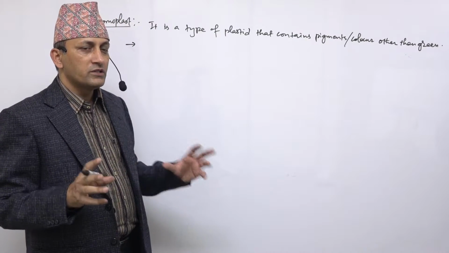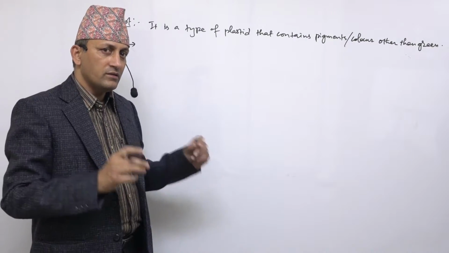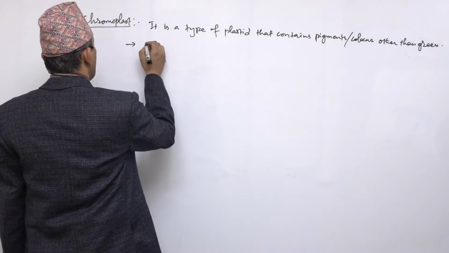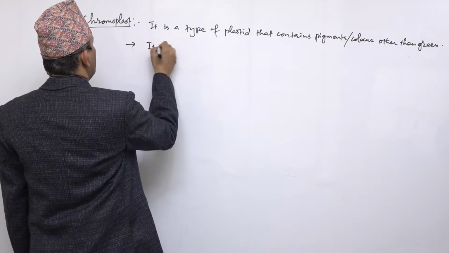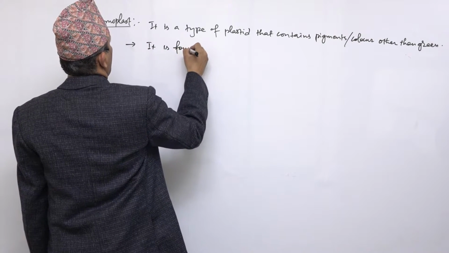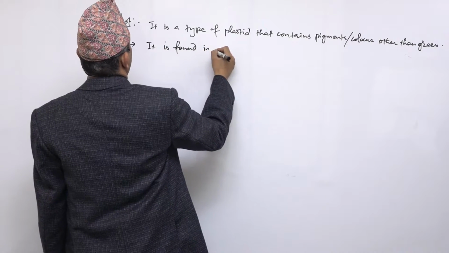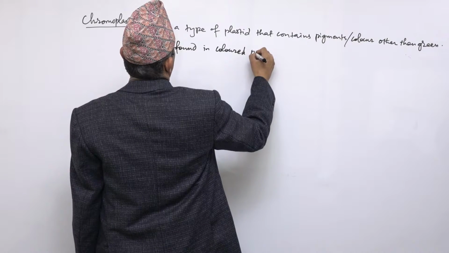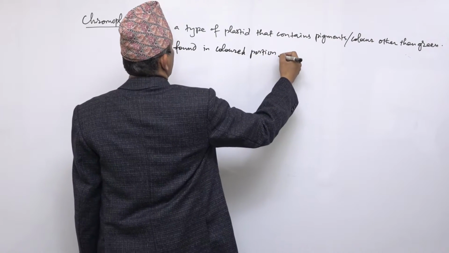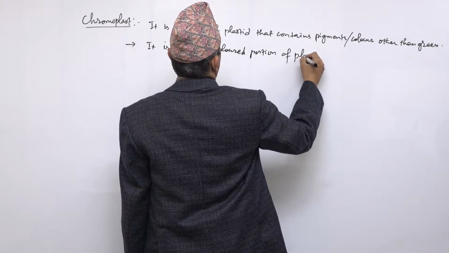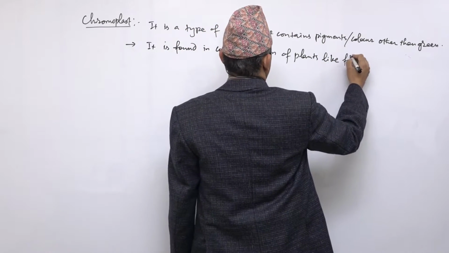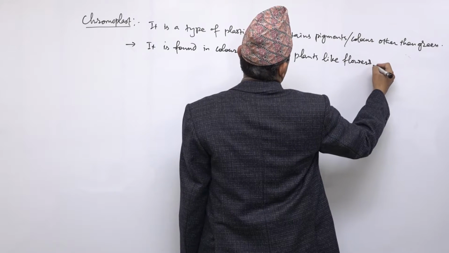So this colored portion of the plant contains chromoplast. So it is found in flowers, fruits,